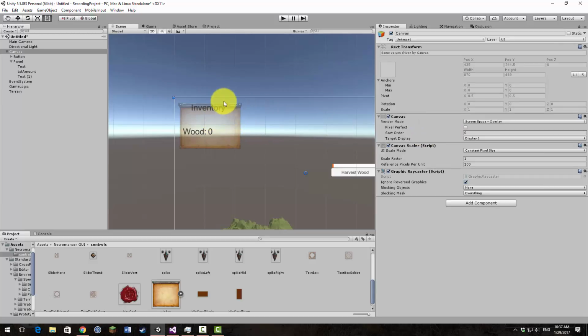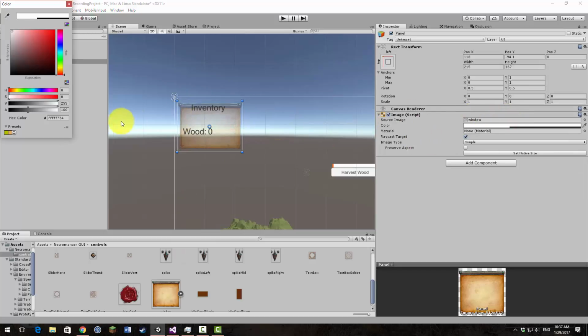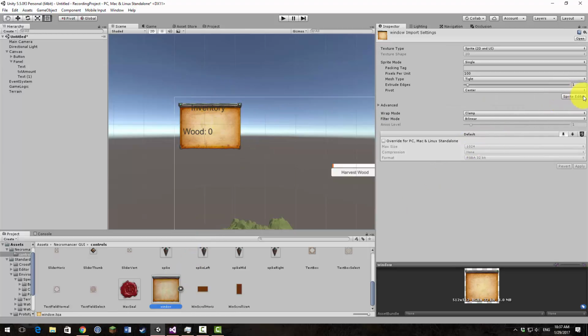There's a couple of issues here. One, this bar up here at the top is really supposed to be a label area. I mean, I should be able to have that be a label, but it's not right now. Now, the other thing is, of course, it's faded out. The faded out part's easy. We just come in here, grab our alpha value, and crank it all the way up, and now it's not faded. Trying to fix that is a little bit more interesting, because this image wasn't really designed with 9 slicing